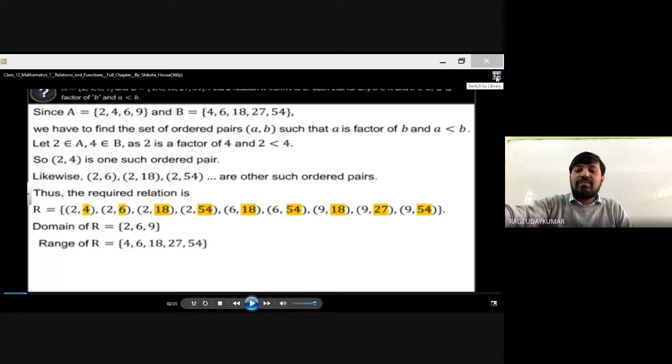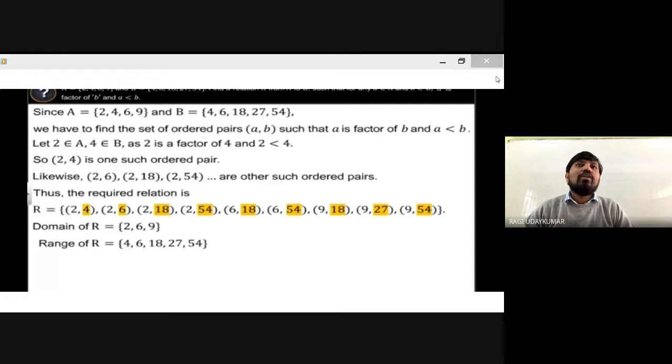All the first elements, whenever you are taking them into consideration, are called the domain, and all the second elements in the relation are called the range of the relation. Okay, is it clear to you? So domain is